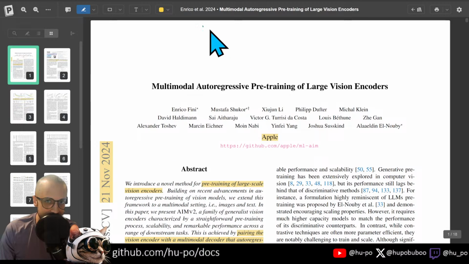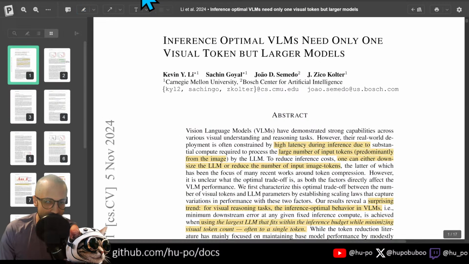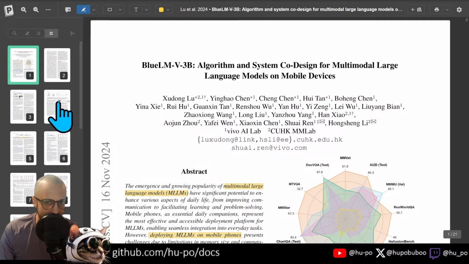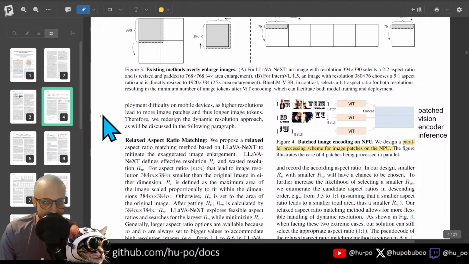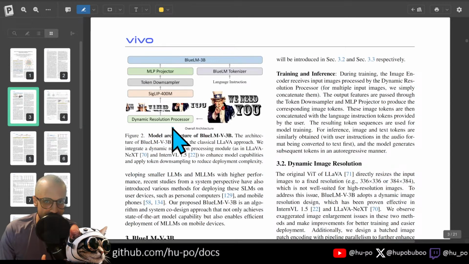So this is pre-training, and now we're going to look at, okay, when we're actually performing inference with these language models, what is happening right now with inference in language or in vision language models? And we're going to first go here to this paper, because the way that vision language models work is, right,